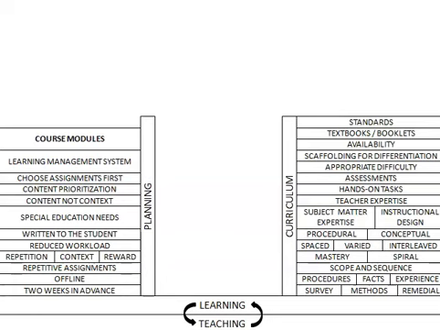Those big three LMSs help teachers organize their course in modules, and that number of modules depends on the length of the course. But in my experience, and I have 20 years of it, the module is best organized on a weekly basis. Our world organizes this thing by weeks, so all but the youngest K through 12 students have an idea of how long a week is. Students and parents can plan by the week.